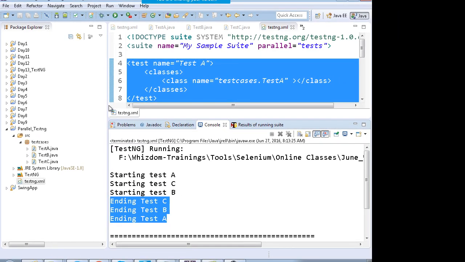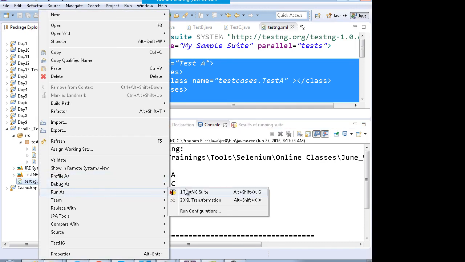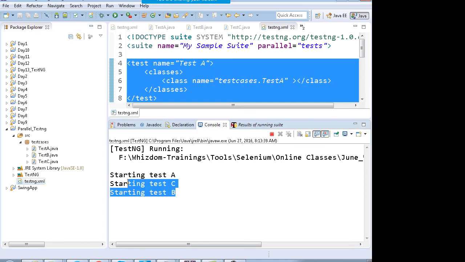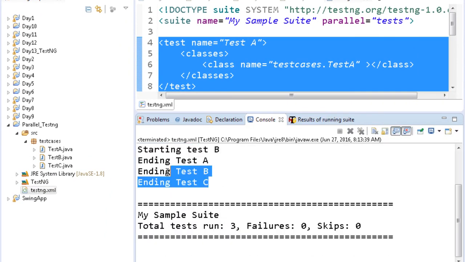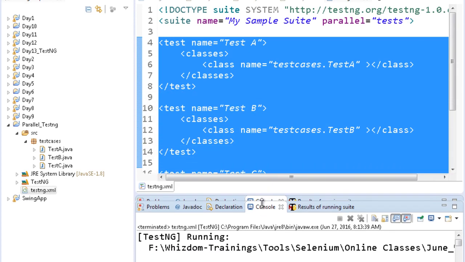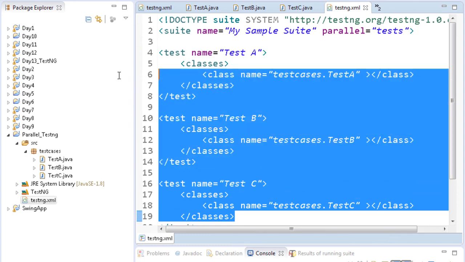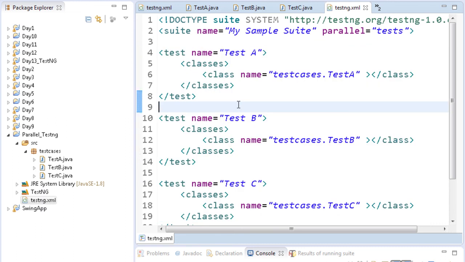So all the 3 tests are invoked in parallel by TestNG, and they will end after 4 seconds. So if you want to execute the tests in parallel, you can use TestNG.